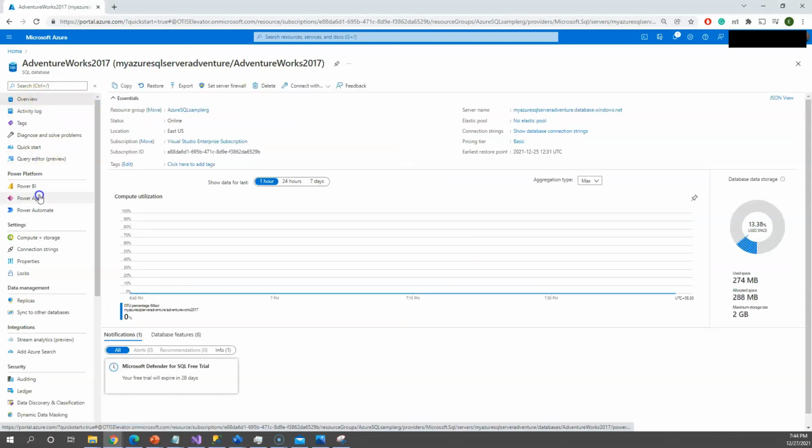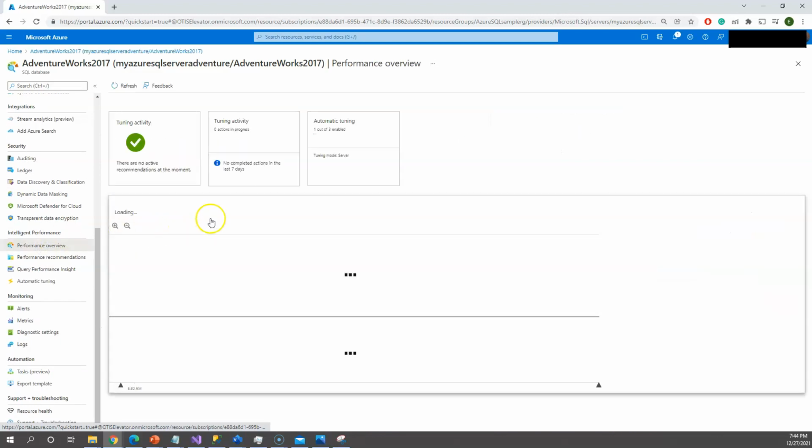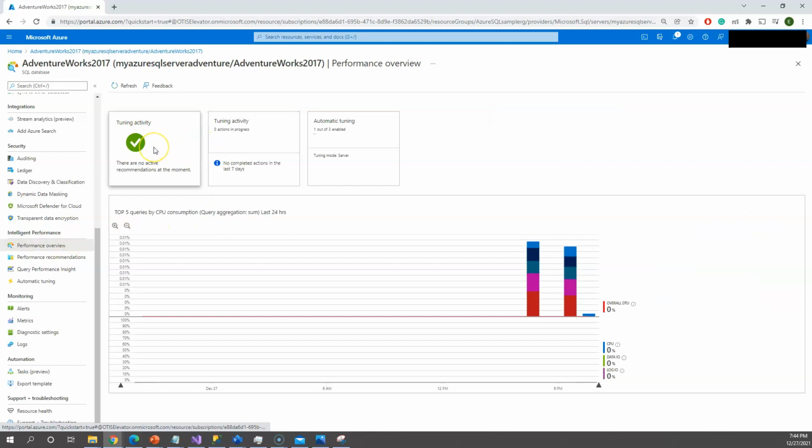So going back to our other features, I'm going directly to the performance overview. Under the performance overview, you will be able to see what tuning activities it is recommending and what are the top 5 queries which are consuming your CPU. In one of our instances, the top 5 queries were consuming almost 60% of the CPU, which was actually degrading the performance of the database. One particular query might be consuming 25%. That means you should immediately optimize that particular query. Let me show you the sample screen for this as well.